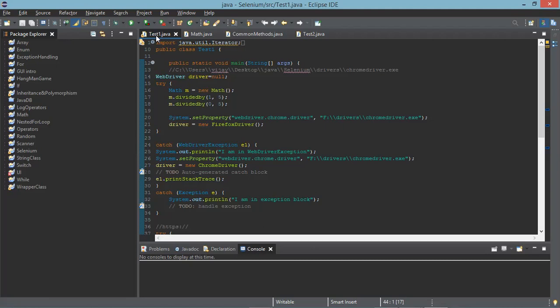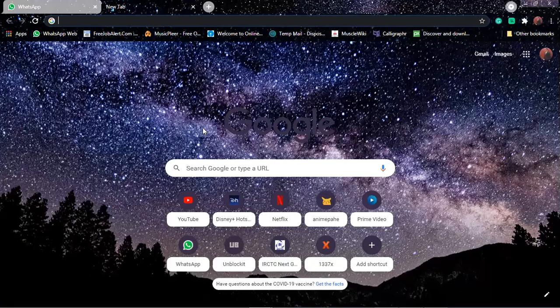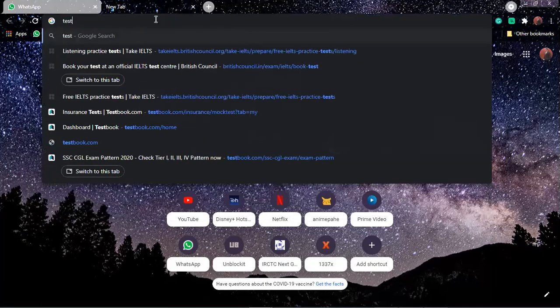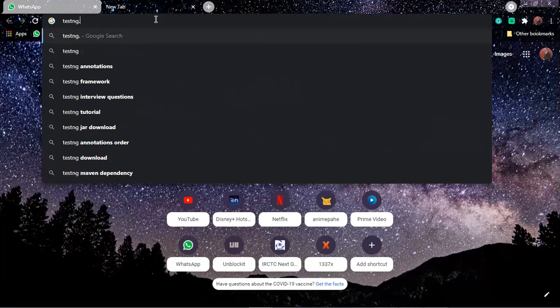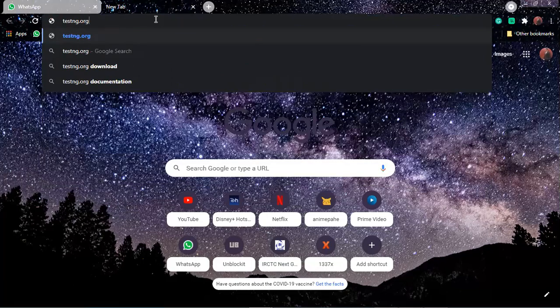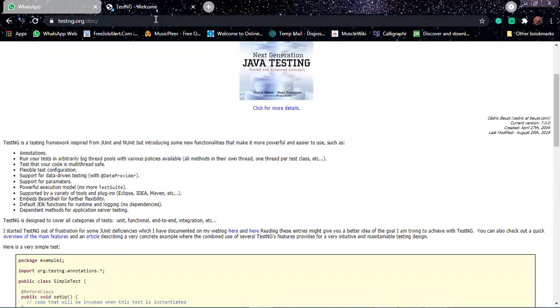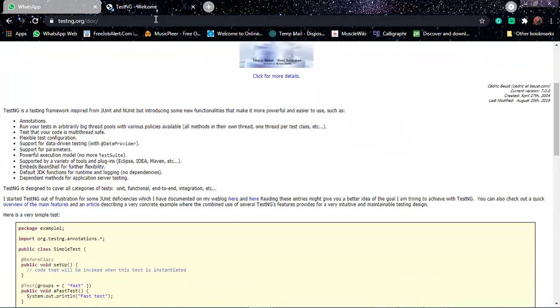Now go to the browser, type there testng.org, TestNG next generation.org. You can see all the documentation here.